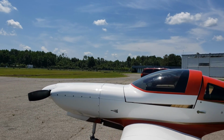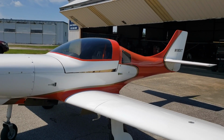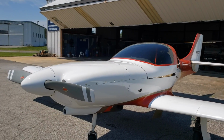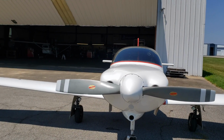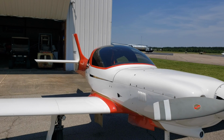Now, in terms of your mission, this is a cross-country airplane. Don't get this if you're only going short distance. This is a machine where if you have somewhere further to go and you want to get there fast, that's why you get a Lancair 320. I wouldn't see any other reason why you would invest in getting an airplane like this if it's not for cross country. And the owner of this airplane actually uses this airplane